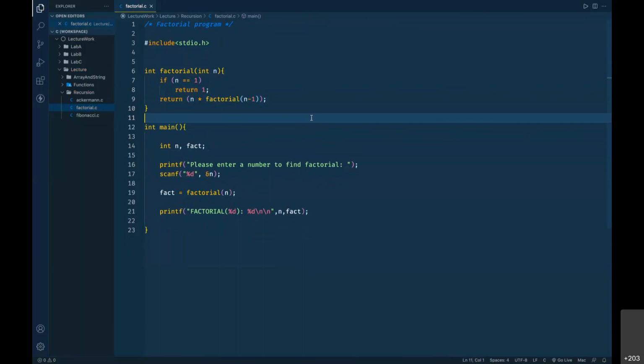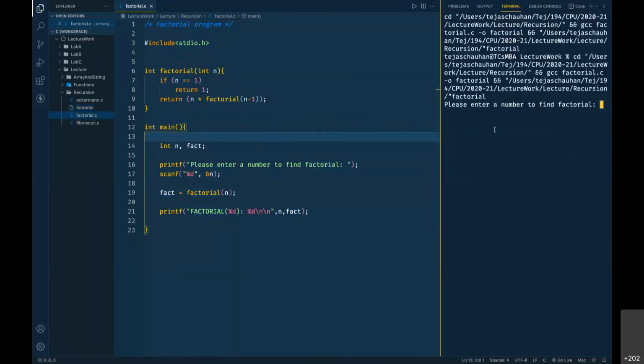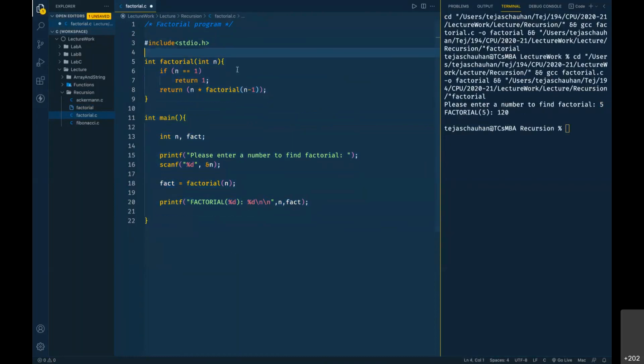So this is how we can optimize the number of lines in our code. The more you practice, the more clear you will be about how to optimize these number of lines. Okay, so this is simple, the factorial code. Now let's quickly run and test it. If I want to find out 5 factorial, then we have 120 as the answer, and that's perfect. So that's the solution of finding a factorial using recursion.